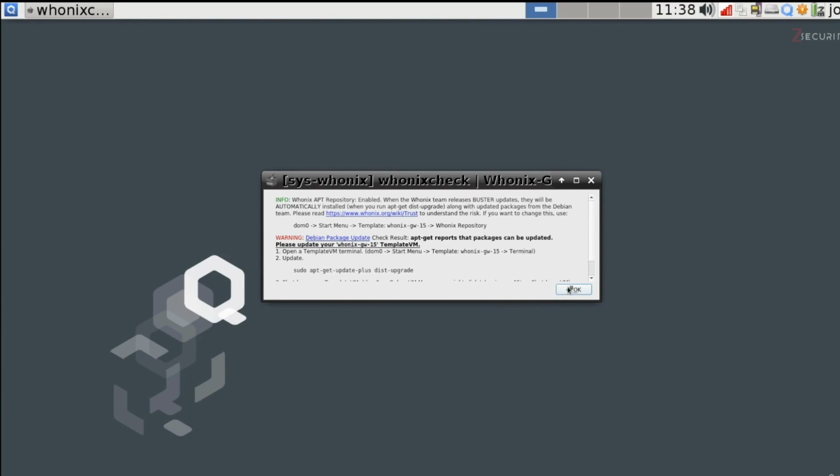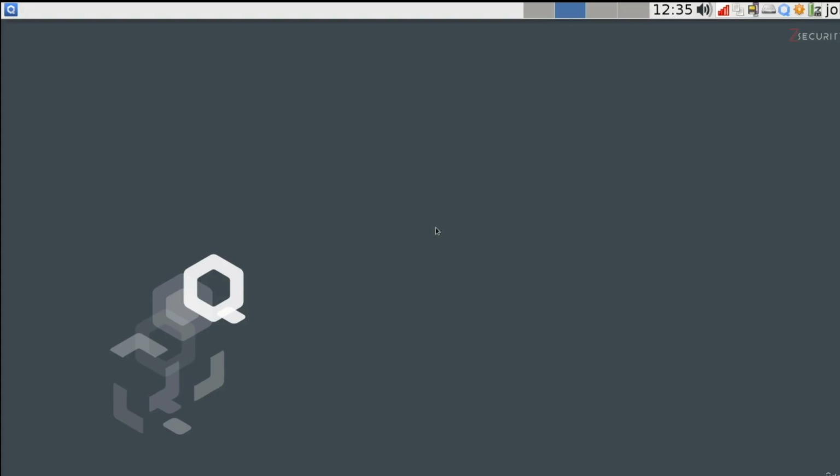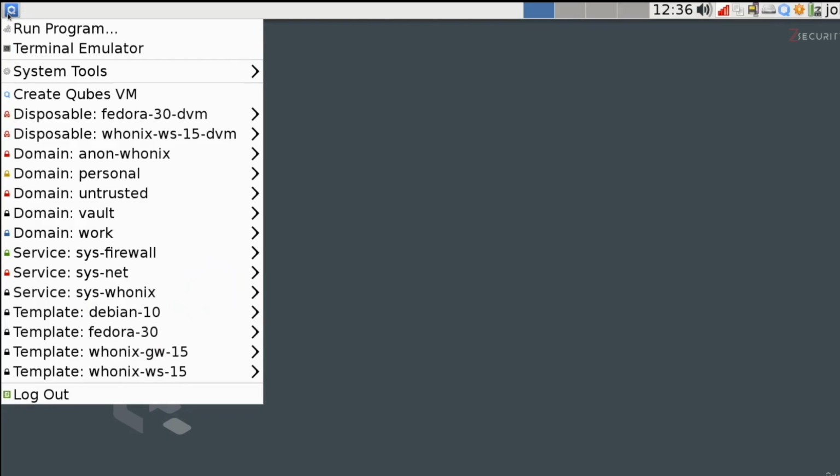Now that we had a basic overview on Qubes as an operating system, in this lecture, we're going to dive deeper. We're going to learn about the structure of the operating system and how to launch different applications and use them in a secure manner. So in the previous lecture, I said we can access all the applications from the top